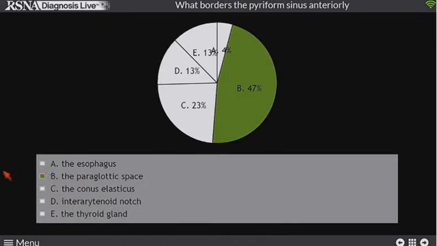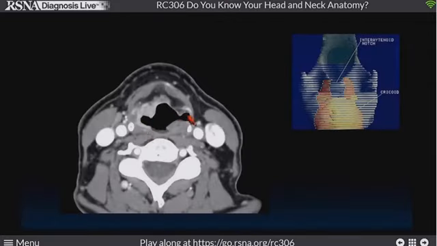All right. The answer is the paraglottic space. Remember, there are certain things we're stressing, and so the paraglottic space is one of them, so you can almost guess that's what the answer is going to be. So 47% said that, so that's actually pretty good. The paraglottic space is a concept that we don't usually learn right away, but here is the piriform sinus, and here is the supraglottic fat, and there's really almost less resistance to get into the paraglottic fat coming this way. There is no big, thick membrane.